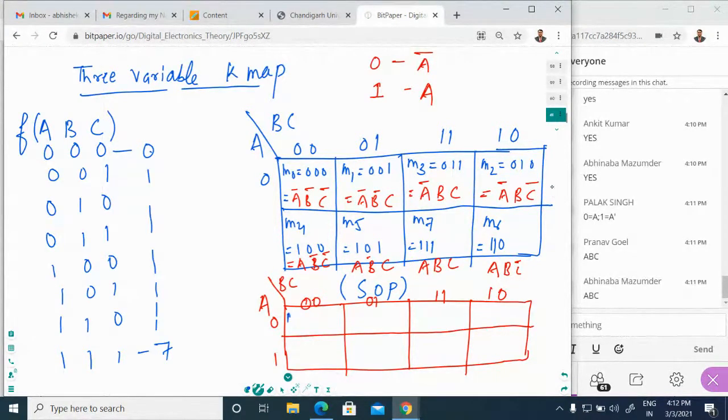This is capital M, M0, M1, this is M3, M2, what is this value? M4, then M5, then M6 and M7. So put the values right here and solve this question by your own.